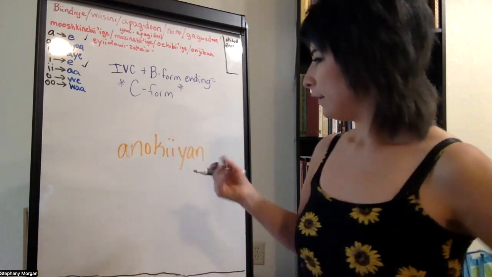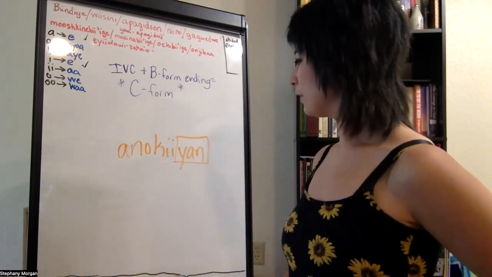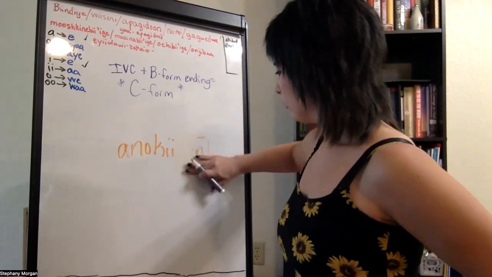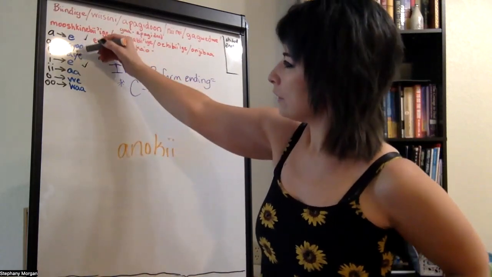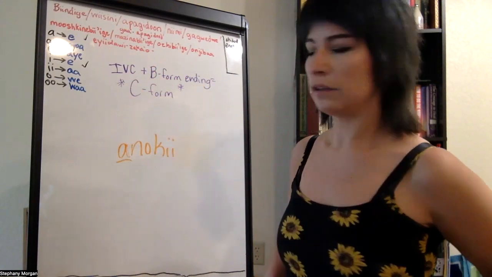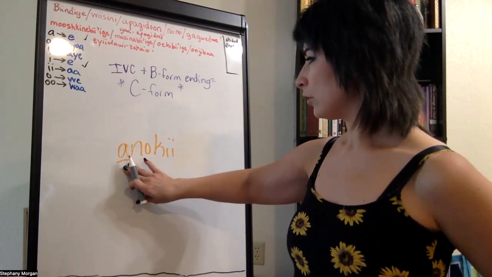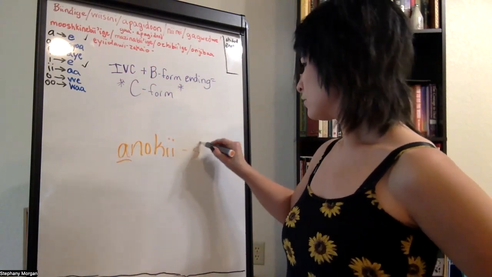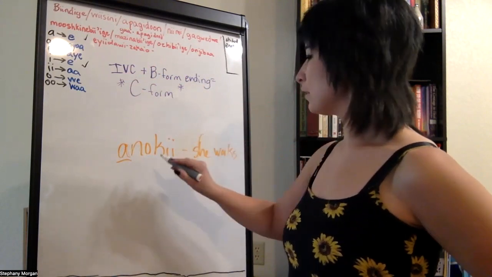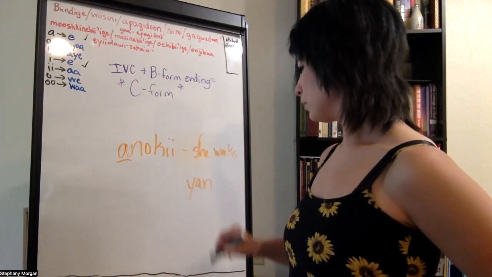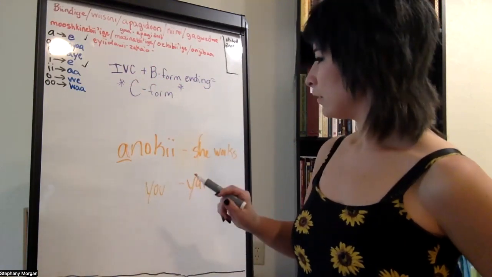Enokian. And you're like, I don't know what that means. Well, I do know that yun is a B form ending, so I'm gonna pull that right off. Now I can look up anoki because nothing over here changes to a single A. So I know that there's no initial vowel change occurring here. So I'm gonna just look up anoki. Oh, it means she or he works. So that means, and we know that yun was a B form ending for you or gin, so it meant